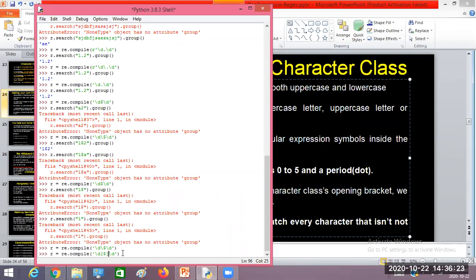It will be considered as it is. That means if it is a dollar, it will be taken as a dollar only. If it is a star, it will be taken as a star. If it is a dot, it will be taken as a dot. It is not going to take its special purpose, because all these characters have special purposes, right? Dollar indicates ends with. Caret symbol indicates beginning with, like that, right?